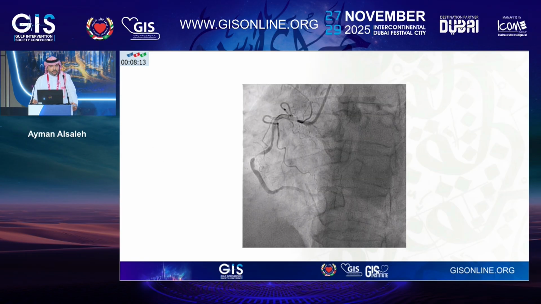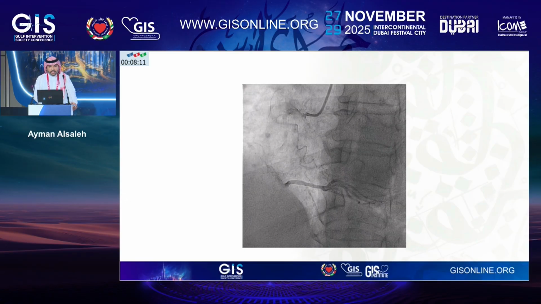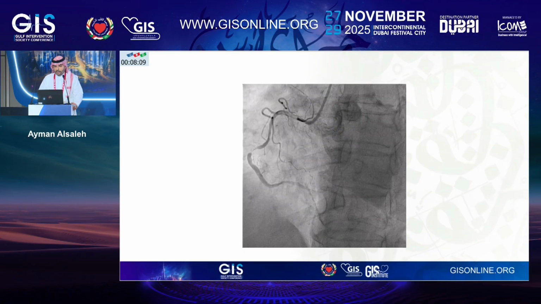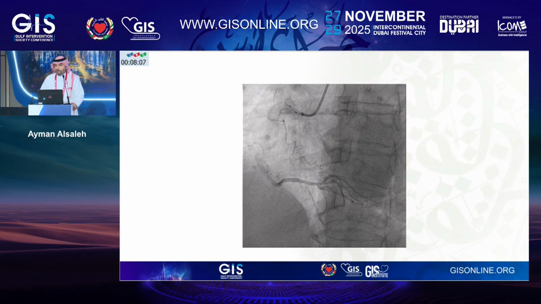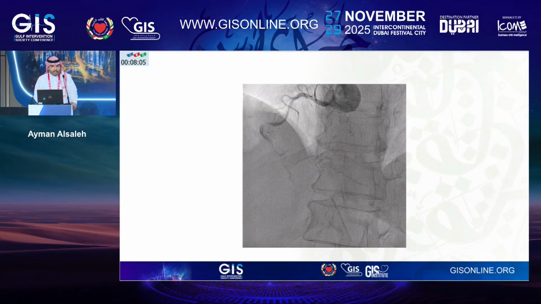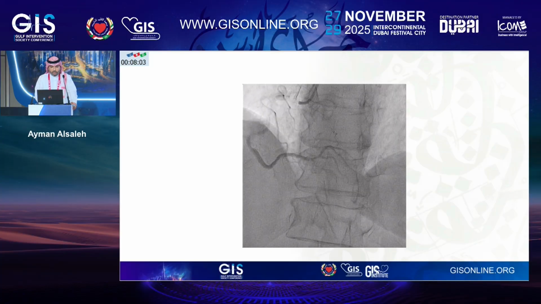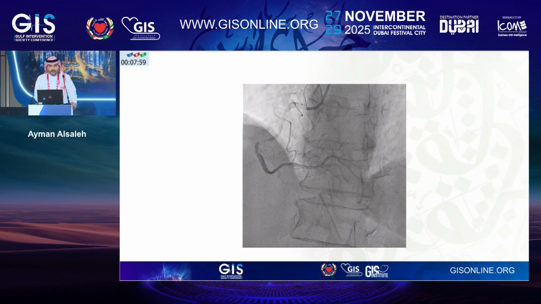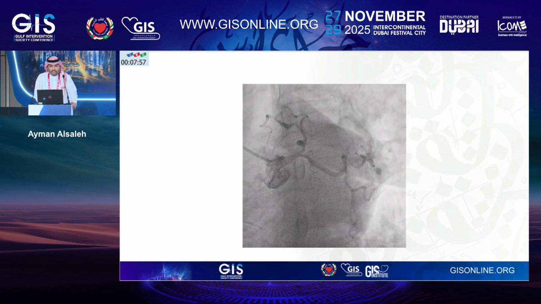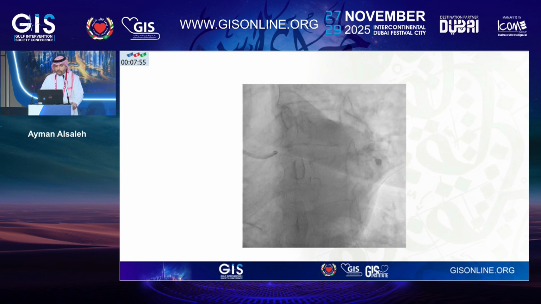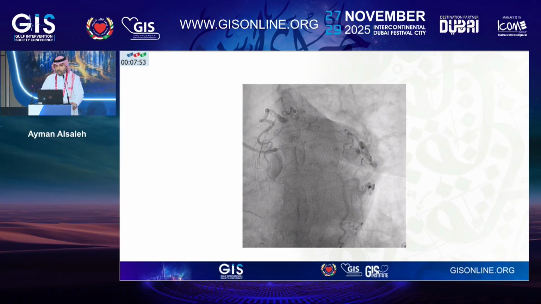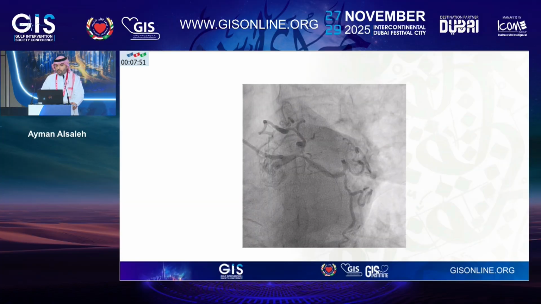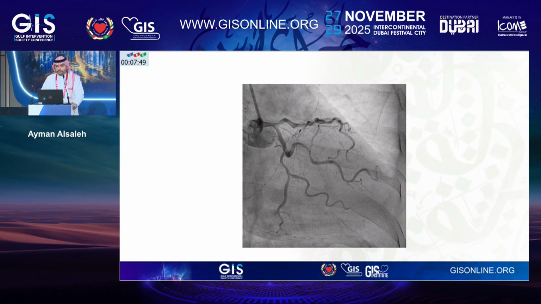So this is the diagnostic angiogram. As you can see, there is severe calcified disease in the mid-segment of the RCA. The flow is sluggish. We go further in the images, and the two orthogonal views also show significant calcified disease at the mid-segment. This is the left system projection, which shows distal left main disease. The LAD also has significant proximal disease, and the circ also has disease.